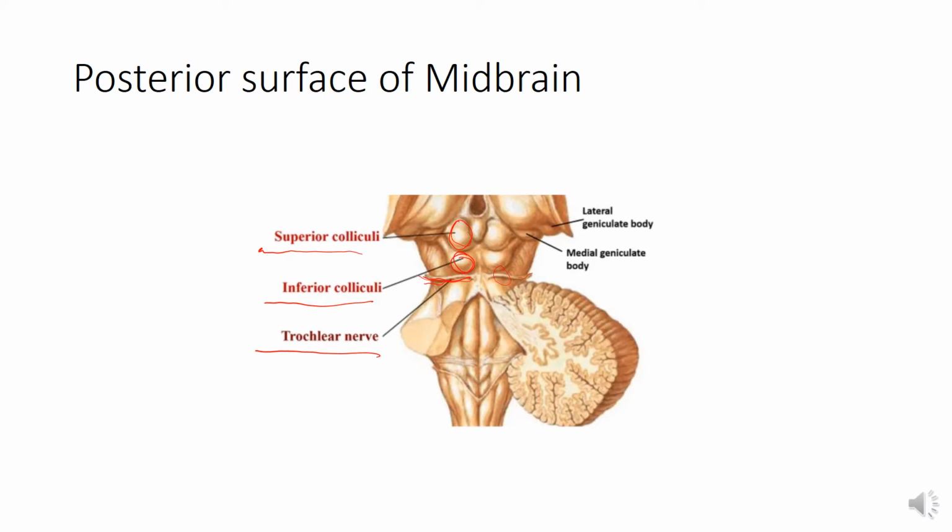On the lateral aspect of the midbrain, the superior and inferior brachia ascend in an anterolateral direction. The superior brachium passes from the superior colliculus to the lateral geniculate body, as shown here. The inferior brachium connects the inferior colliculus to the medial geniculate body.